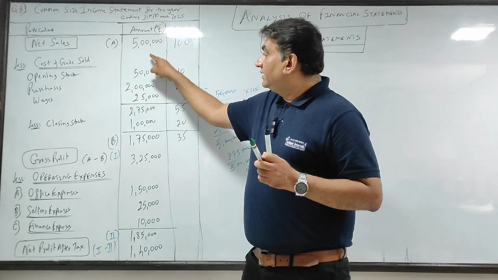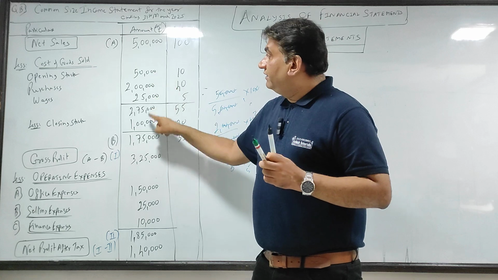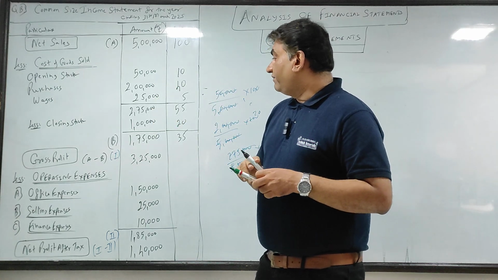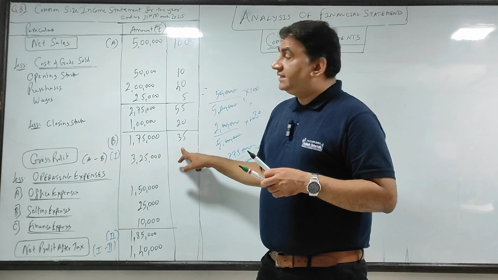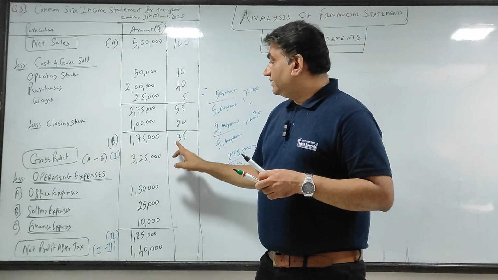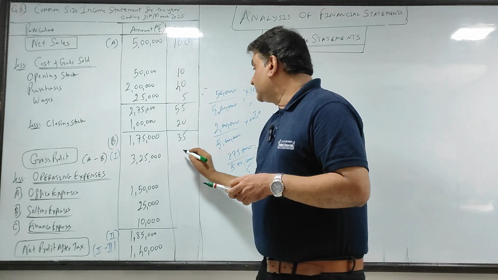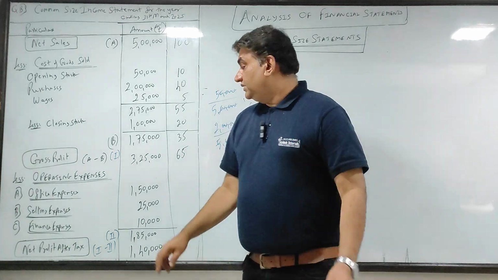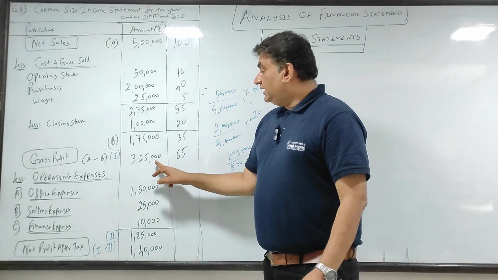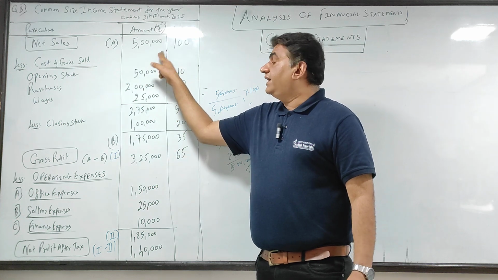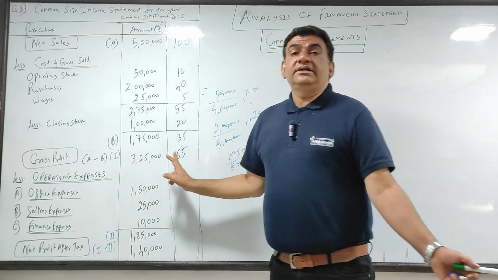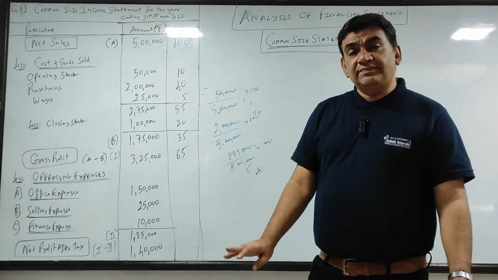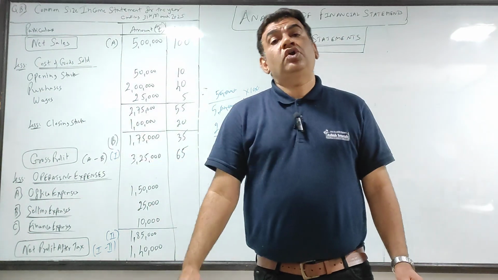I'll repeat, each and every item divide by 5 lakh into 100. 325 divided by 5 lakh into 100. Now see, I can easily get it. 100 is A, this is B. 100 minus 35, 65. But please do the calculation properly. 3,25,000 divided by 5 lakh into 100 gives you 65. In exams normally the percentage calculation will be simple, because as I mentioned, you are not allowed to use